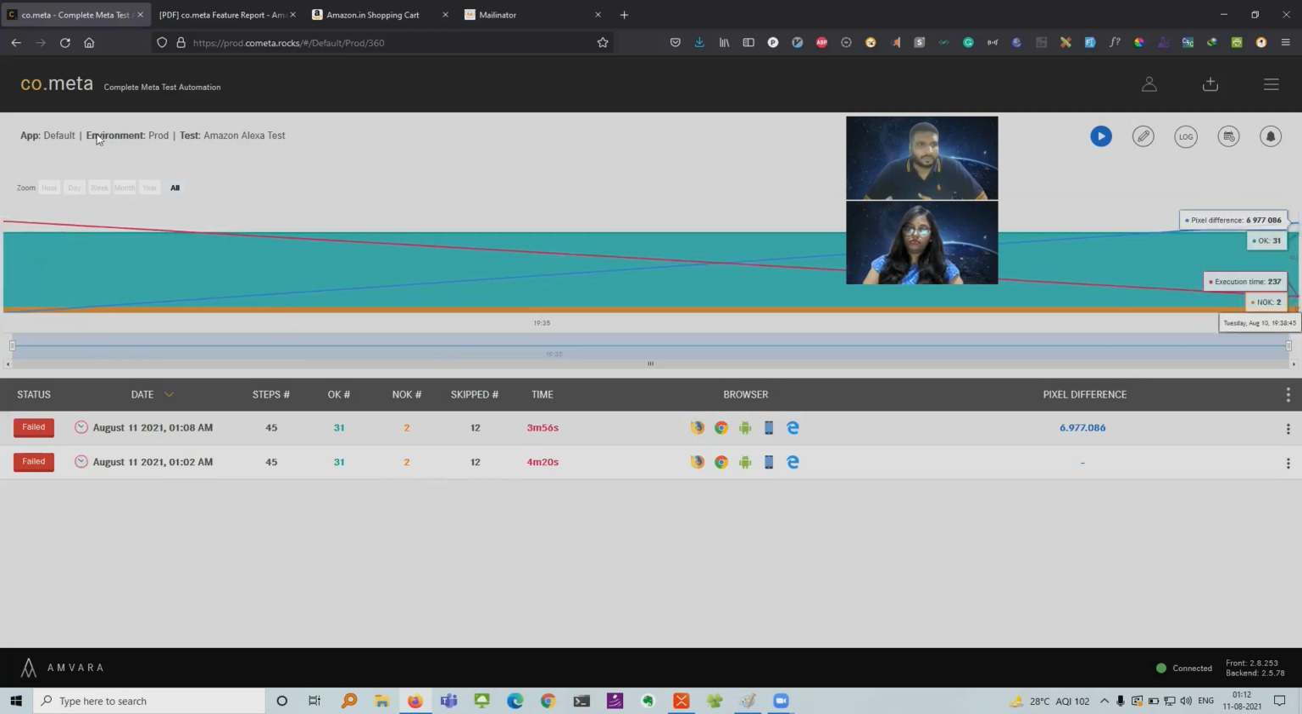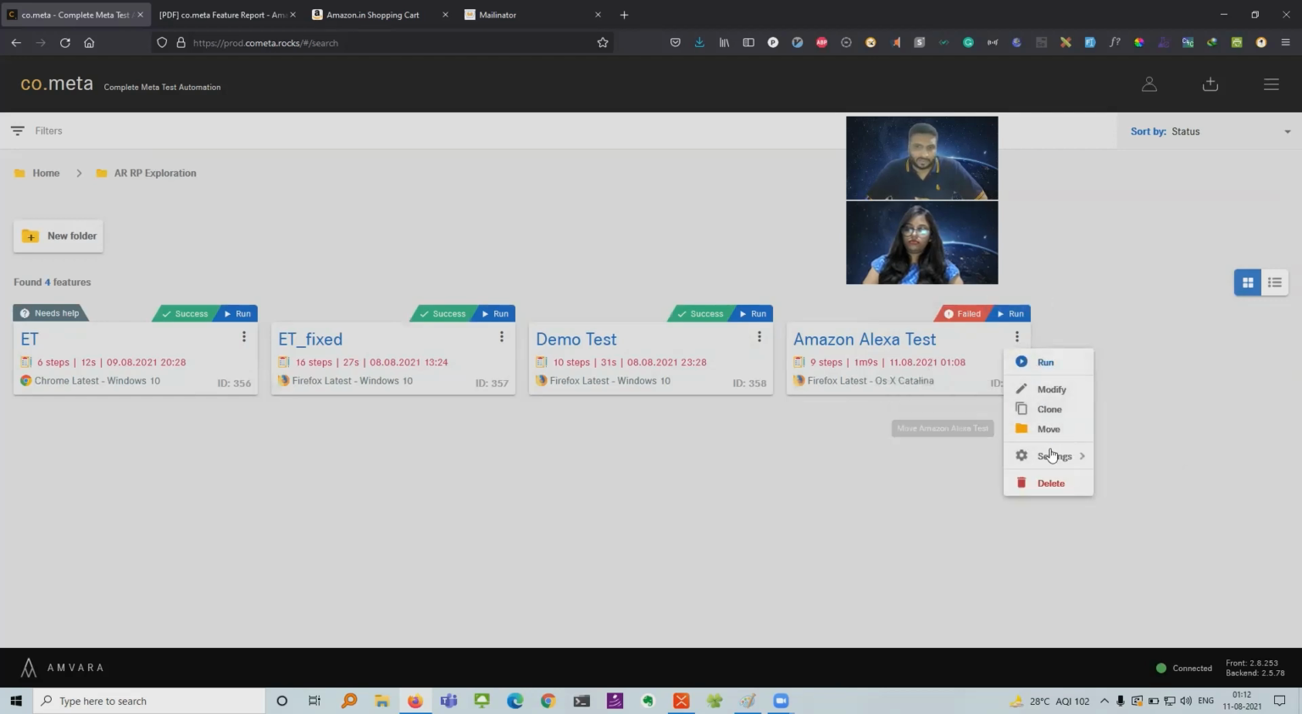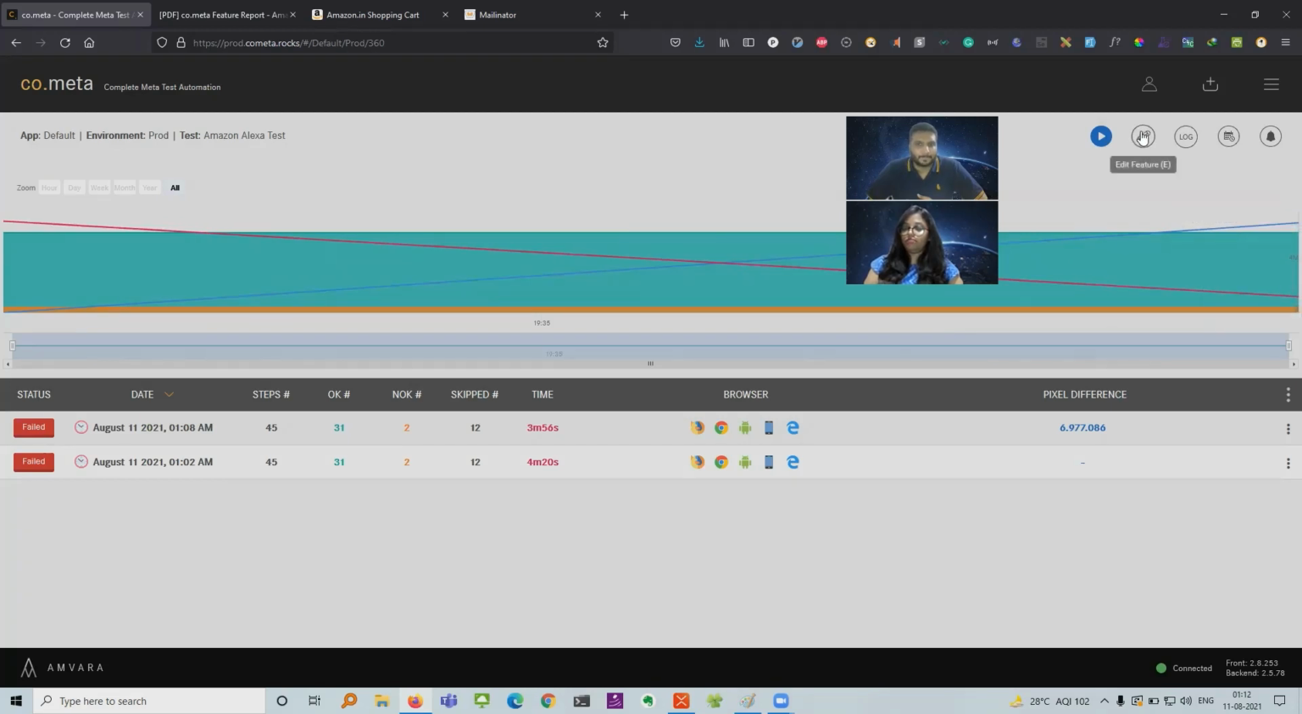So that's pretty cool. And then in the Cometa folder, we see this Amazon Alexa test, and you can clone it and modify it or something like that. Also, we could use the steps in one test in another test. That is also one cool feature. Yep, so that's all, I guess,